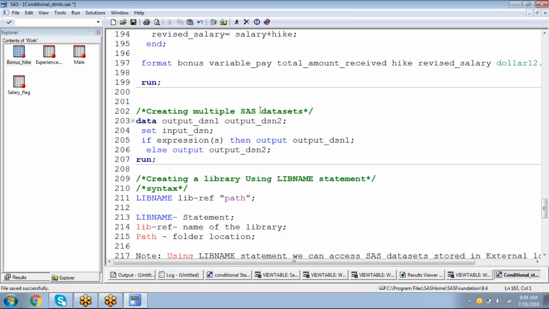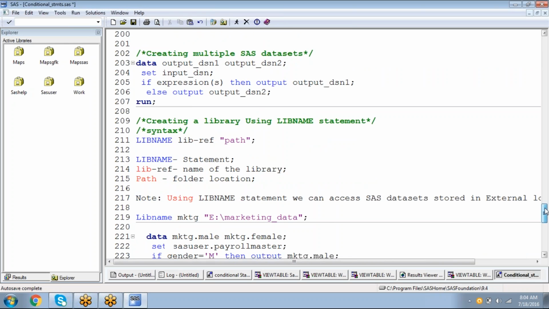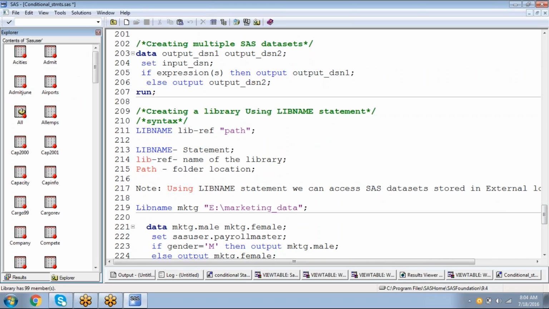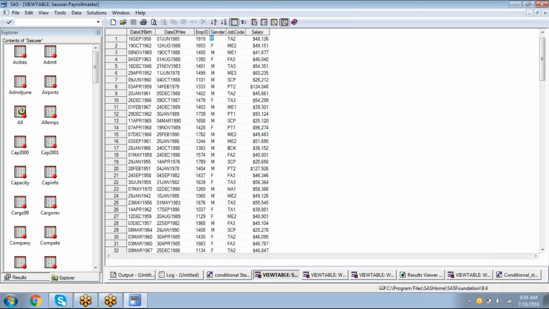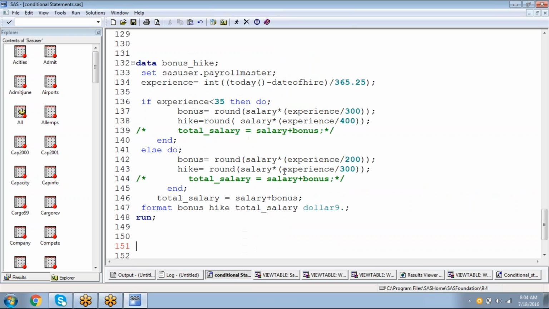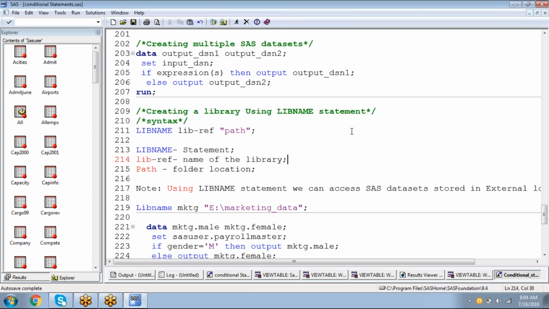Okay, let's see how to create multiple SAS datasets at a time. So here, the same thing, SAS user payroll master. Now I want to send all my male records, male information, male population into a dataset called male, and female population into a dataset called female. So what the syntax for that one is